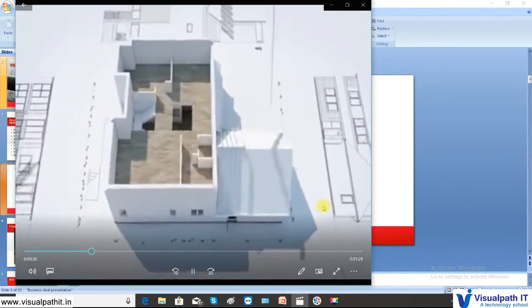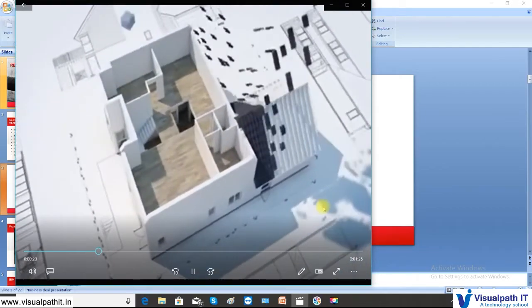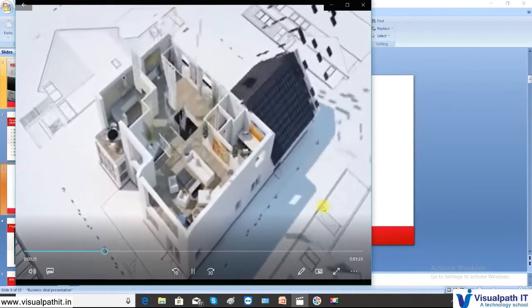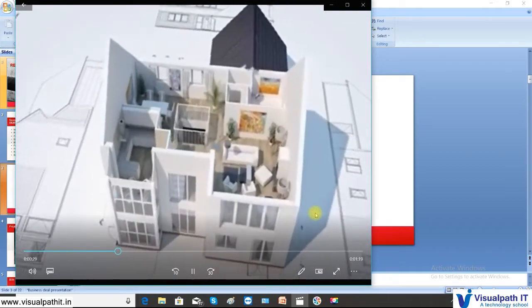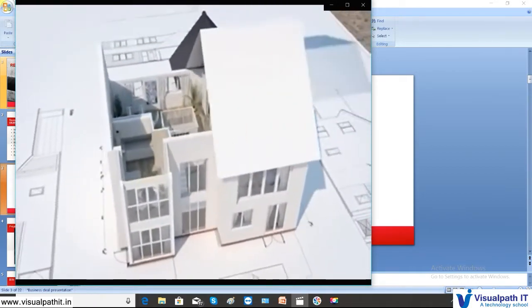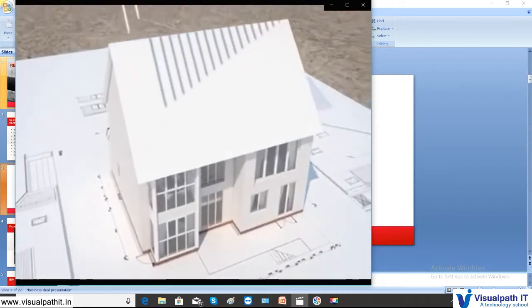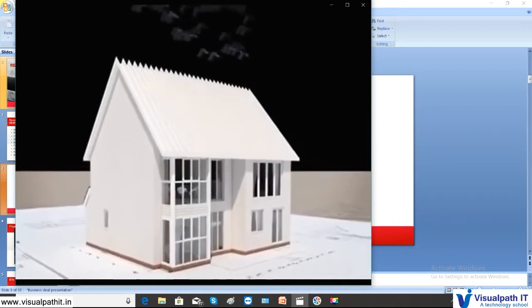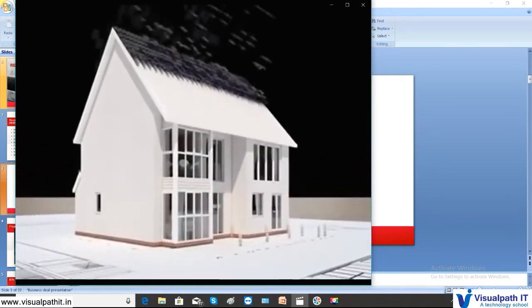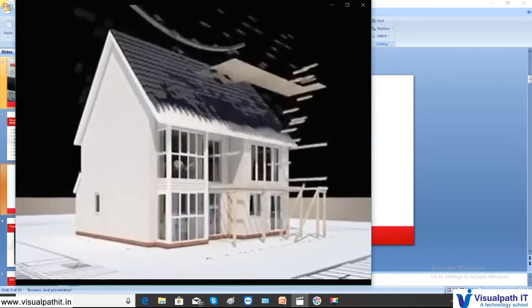The roof is modeled, then the upper portion is modeled, and the upper floors, first floor, second floor are modeled, and then the roof is modeled, you can see, and then it is closed. Now this is what modeling is. The next you are going to see is animation, which is not a part of Revit, but a walkthrough can be done in Revit. Now this is the animation.